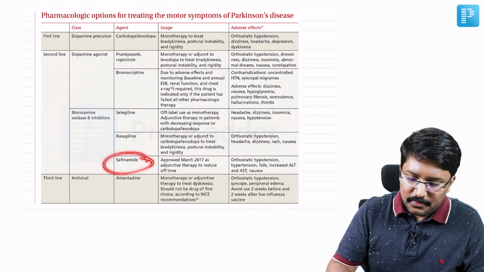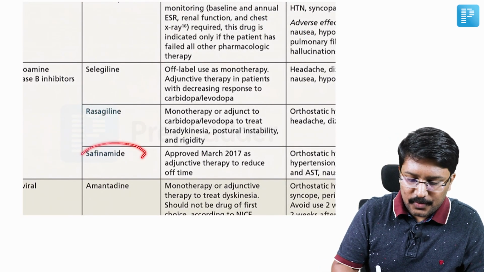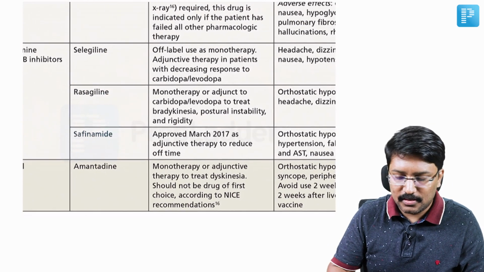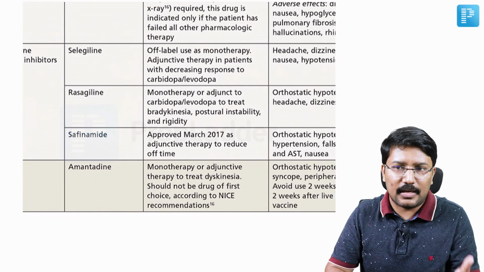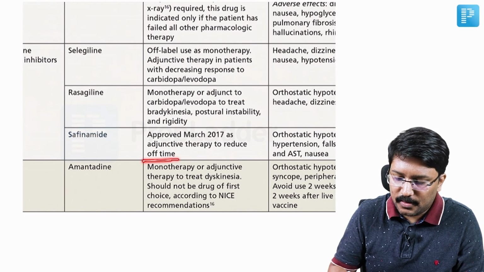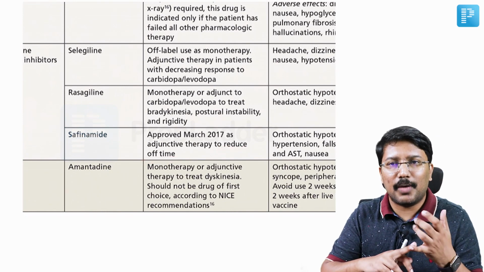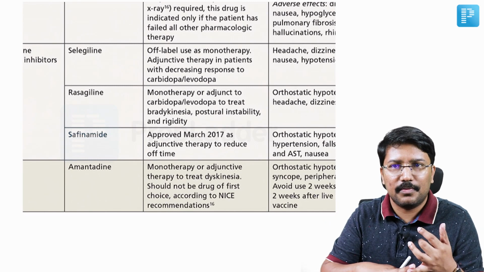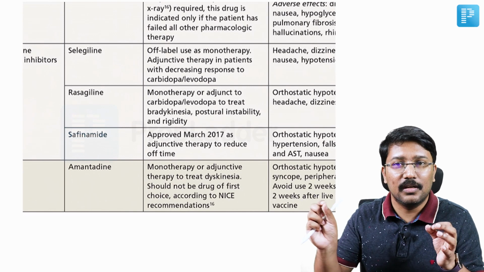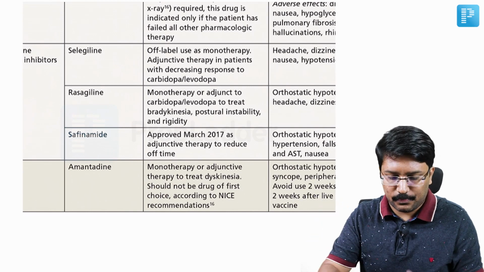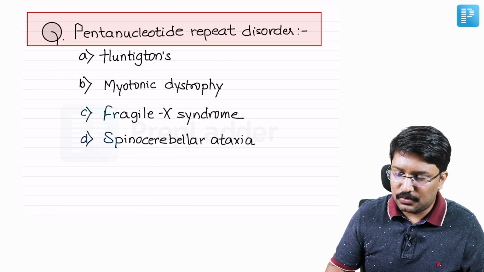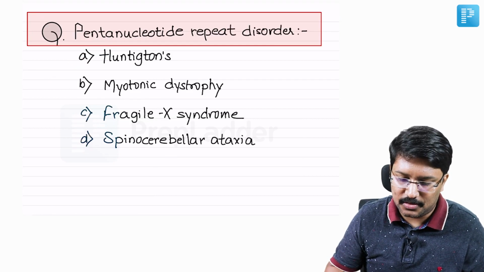So it is the safinamide, which is a monoamine oxidase B inhibitor, right? Safinamide. So we know older drugs, selegiline and rasagiline. Safinamide is a relatively new drug. This is in markets from 2017 or 18, and this is primarily used for reducing the off time, right? So pharmacotherapy of Parkinsonism is a very, very important topic, and especially the new drugs are even more important, right? All the side effects, manifestations, cautions, all that we should learn. Okay, so this was a relatively easy question. Safinamide is the drug which acts through monoamine oxidase B inhibition.